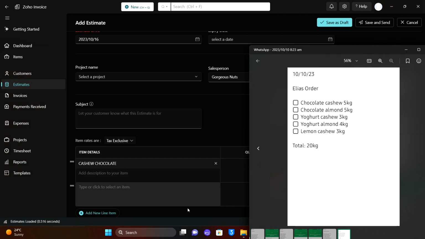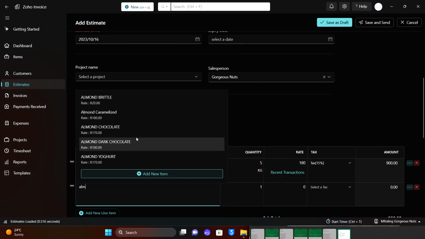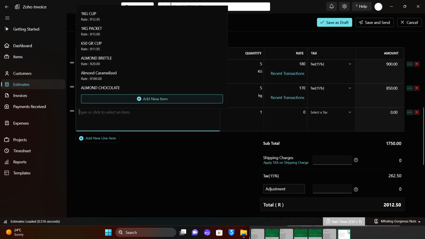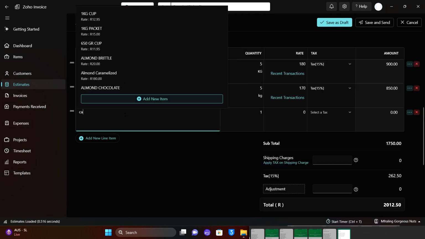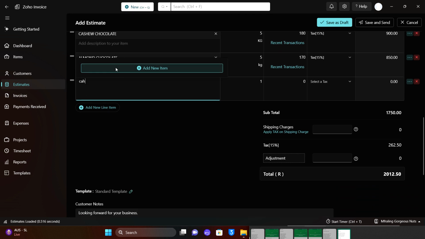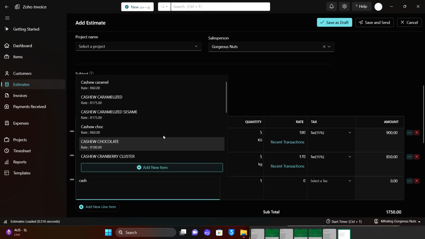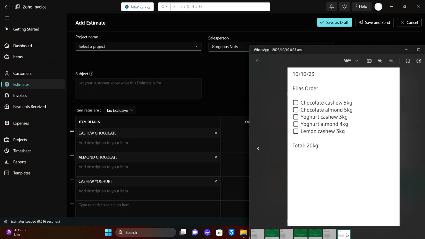We also had almond chocolate 5 kg, and then we also had cashew yogurt 3 kg, and then we had cashew almond 3 kg, yogurt almond